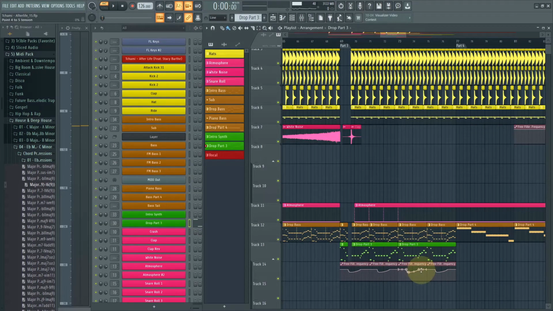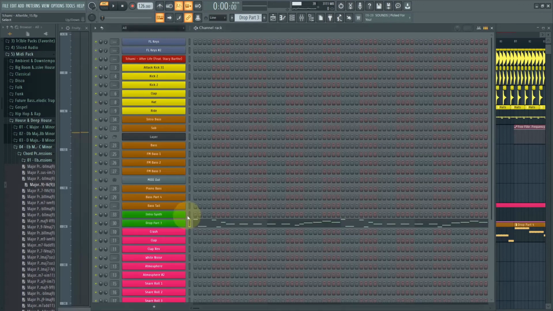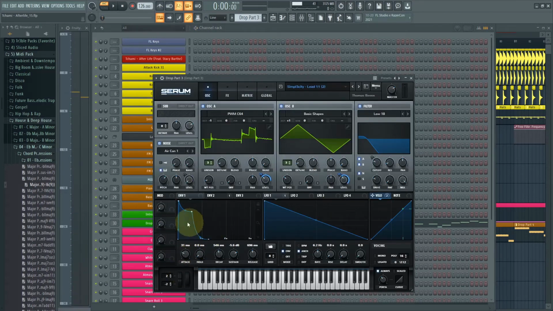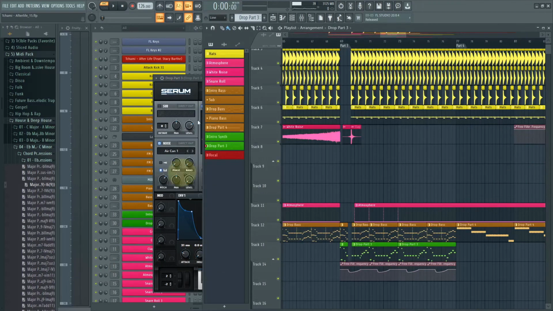So there's one last sound I want to talk about, and it's in the third part of the drop. It sounds like this. This sound has a little bit more attack than the other ones, and it has a lot of portamento activated, so it has a lot of glide to the notes. And if you play it all together,